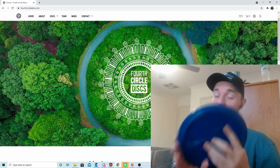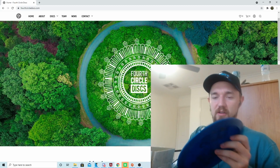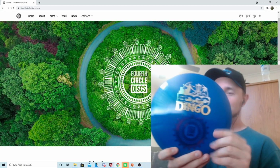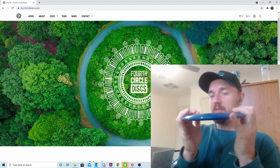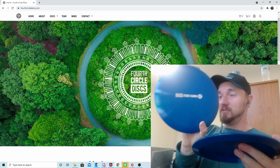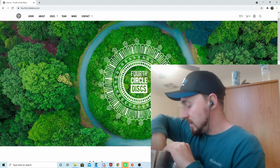And then Reese knows I like weird factory misprint stuff. So we have a Brisbane Disc Golf Club logo, Fourth Circle old school logo, and then a Dingo logo on the Firehawk. This one is the sickest one, but it's not quite as flat, so I'll probably be doing the most experimenting with this flat bar stamp one. This one I think is going to be an absolute consistent crusher, so I'm really excited to go out and throw this guy. And then last but not least,